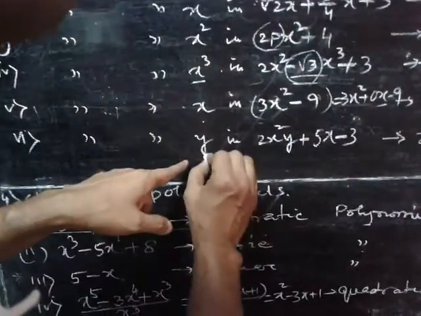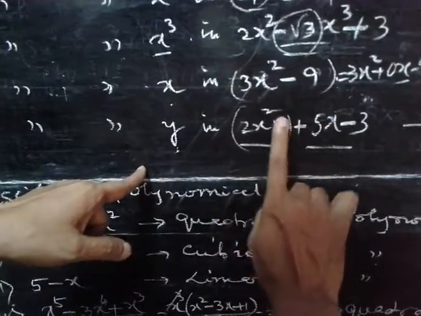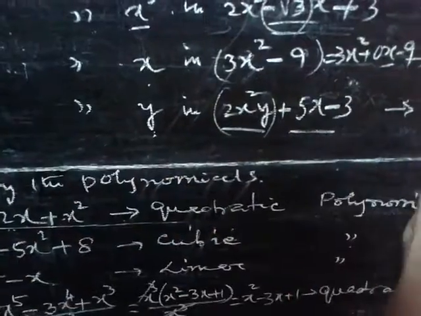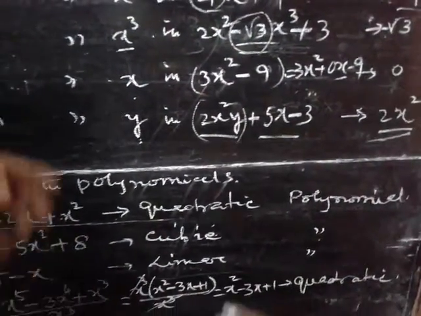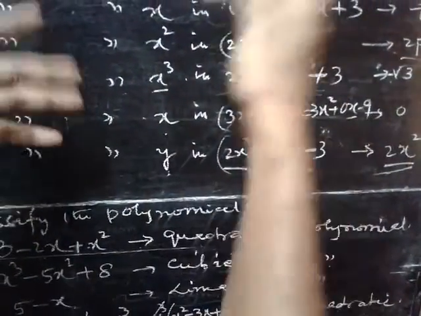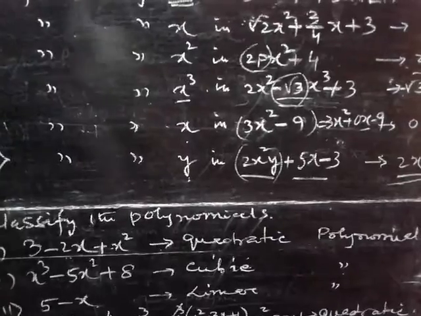Next one, the coefficient of y in this expression. See, y is within this term. Just hide this y over here. What is remaining? So plus 2x square, and this is actually the coefficient. In this way, you can just take out the coefficient of any term from any expression.